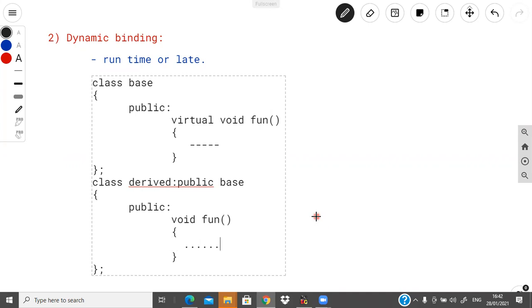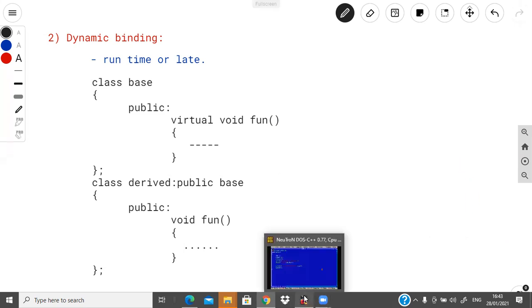This is said to be dynamic binding. So the decision of function call and the function definition is made at runtime, or this link is established dynamically. Hence it is said to be dynamic binding. Clear? Now we will see an example so that you can understand.